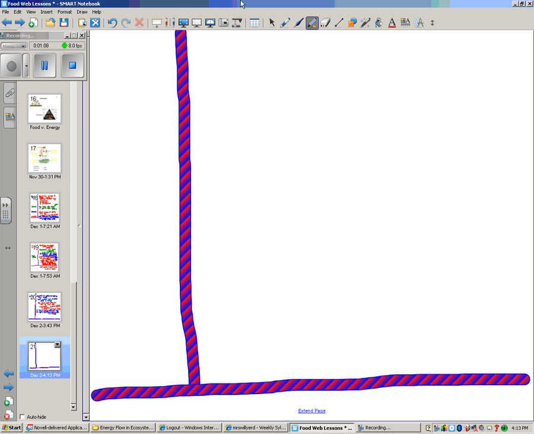Okay, so the last piece that we need to talk about are energy pyramids. And I know from the pre-assessment, that was one area in which you guys were weak in, and you weren't sure about. So let's learn more about energy pyramids. So over to the left of the line, you need to write the keyword energy pyramid. Okay. And then to the right of the line, we're going to write that it's a diagram